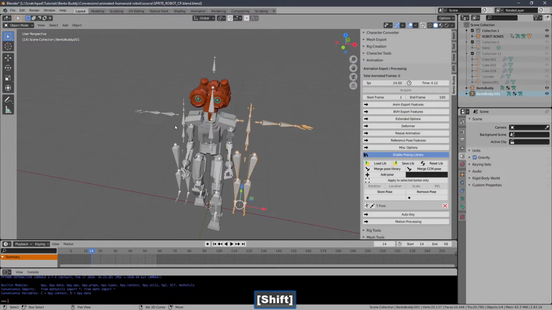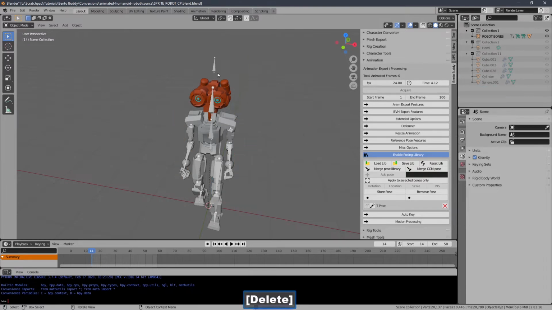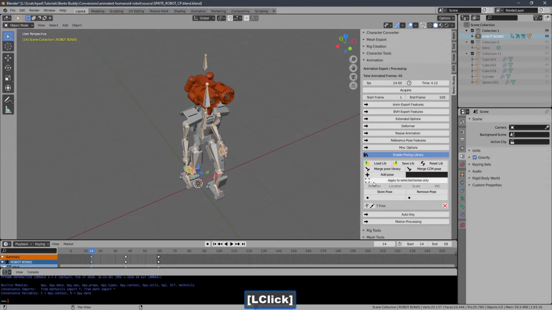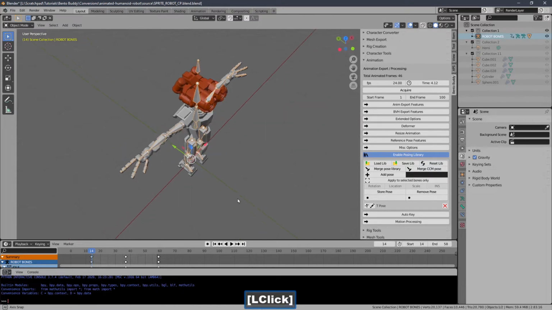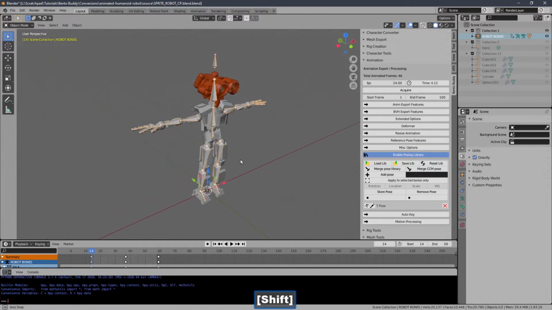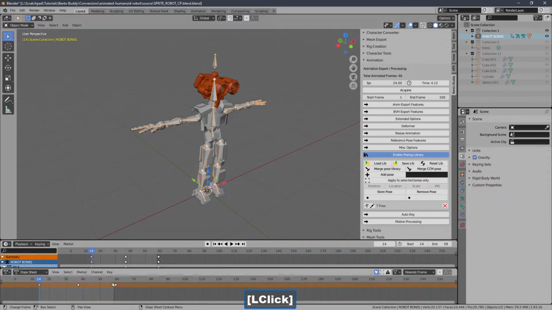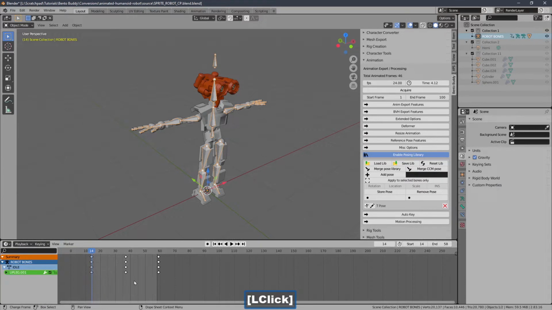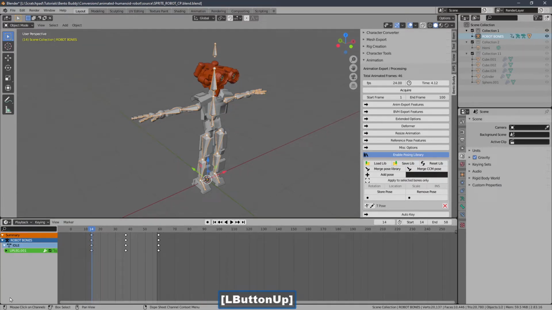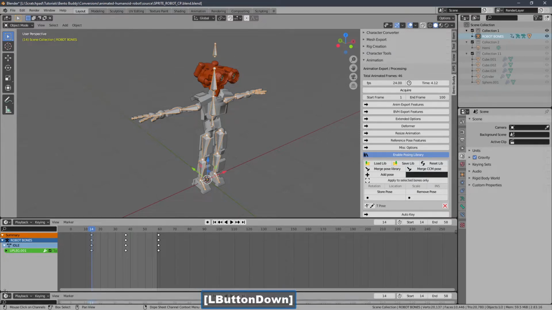I'm going to delete my reference rigs now and make sure that my pose actually worked. Okay, I have my pose. I have 3 animations in here, and I'm going to go into my dope sheet. Actually, I want to show you how to split this up, so I'm gonna reset that. Now I would drag this up here to make room for it, and in this little corner you'll see I get that little target there. Click and drag up